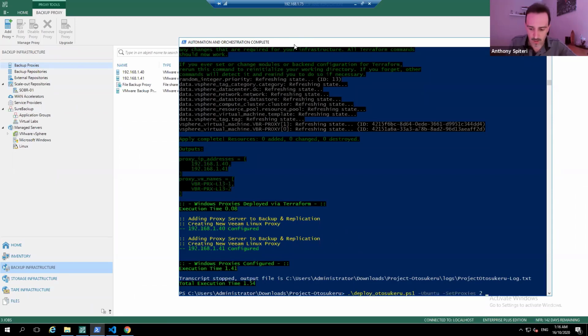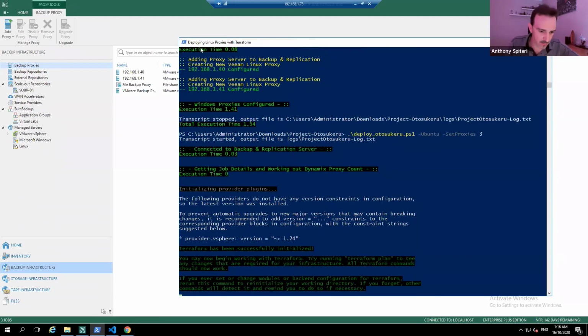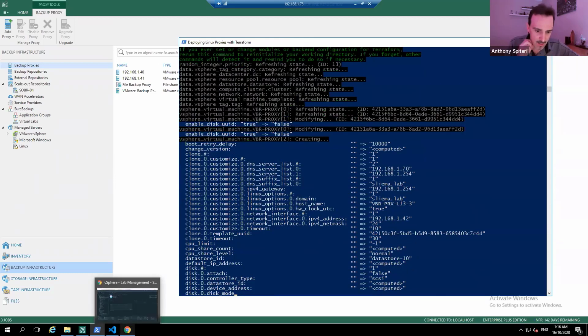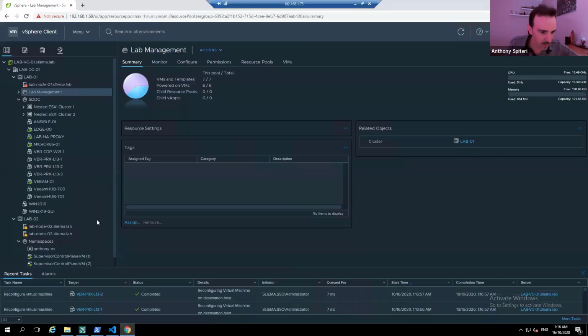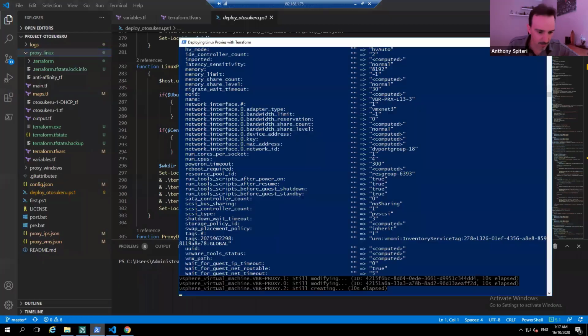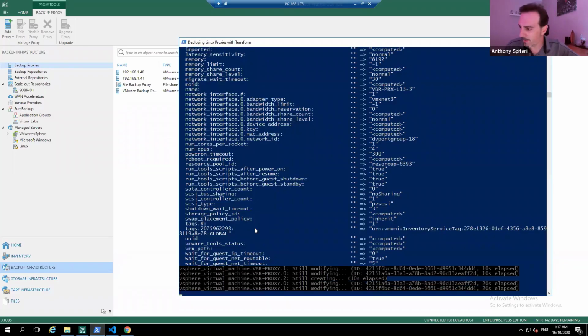Now, what if we wanted to scale this up? What I would do is go back, use the same command, and instead of 2, let's go to 3. It's going to understand what's already in place, understand the current state, know that we've got 2 already deployed, and deploy that third one. It's going to make a couple of quick adjustments to the ones that have been deployed, and deploy that third one in addition because we're scaling this up. And obviously we can scale it down at the same time. So let's wait for that to finish. This one shouldn't take too long. How much time have we got left?